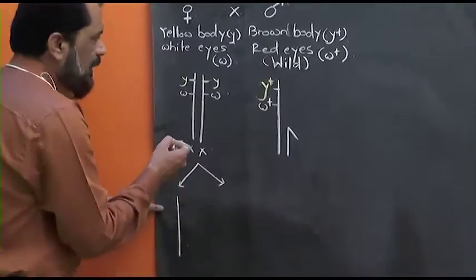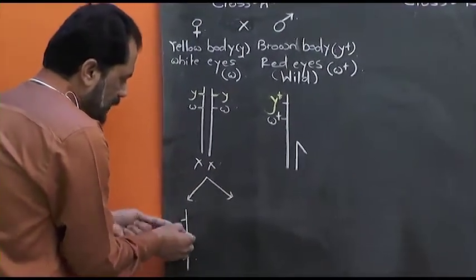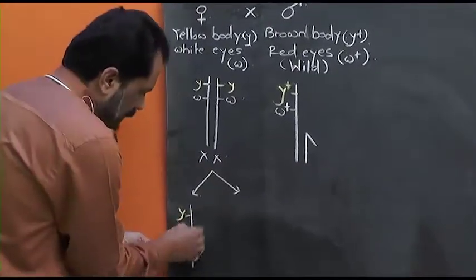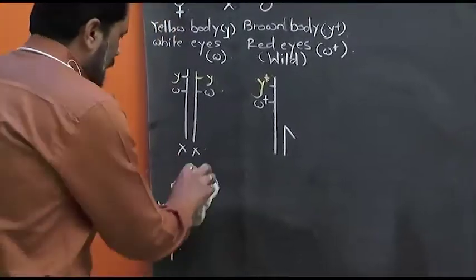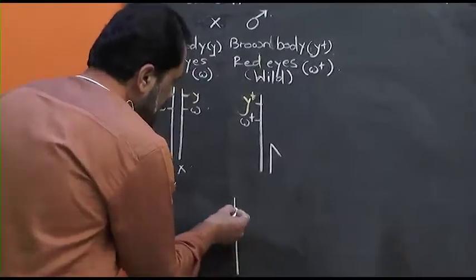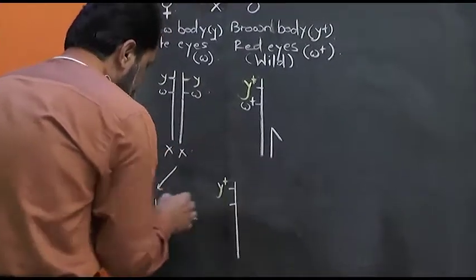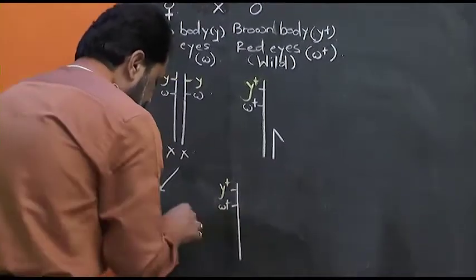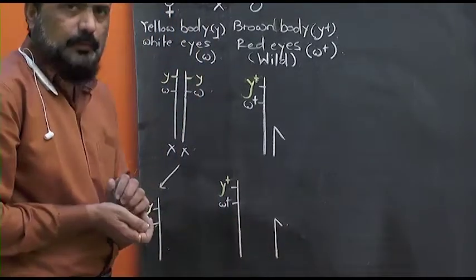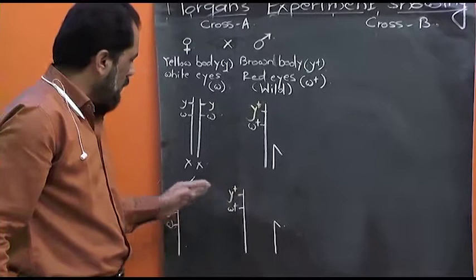So here this female is homozygous, double homozygous, so all the gametes form of identical type, that is small y and W, and here the male produces two different types of gametes, half of the gametes with X chromosome containing gene Y plus and W plus, and half of the gametes with Y chromosome. We know there is no question of any such gene on Y chromosome because all the genes are